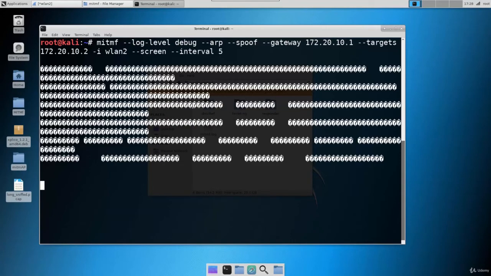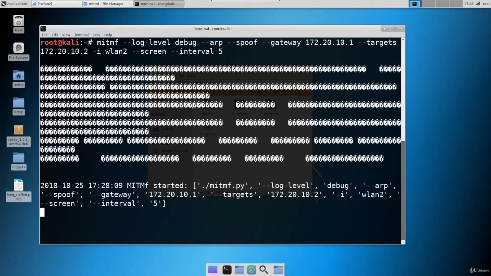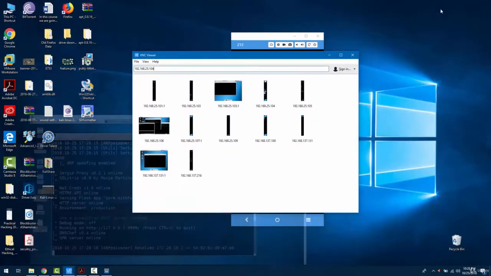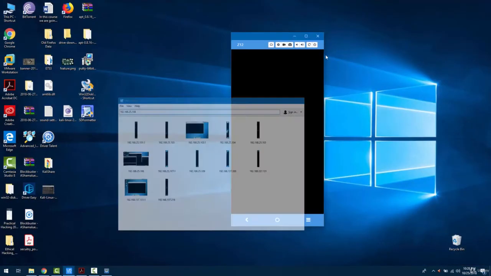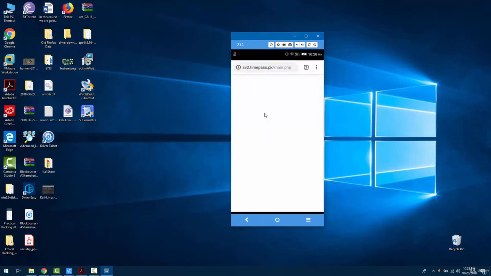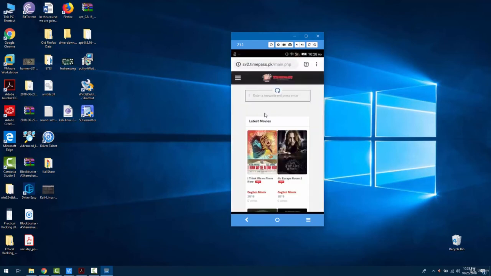So let's just move into our victim device and try to do the surfing again. Right, let me minimize it, and let's just do the surfing again, right? So it will only capture the browser screenshot, right? So let me refresh.